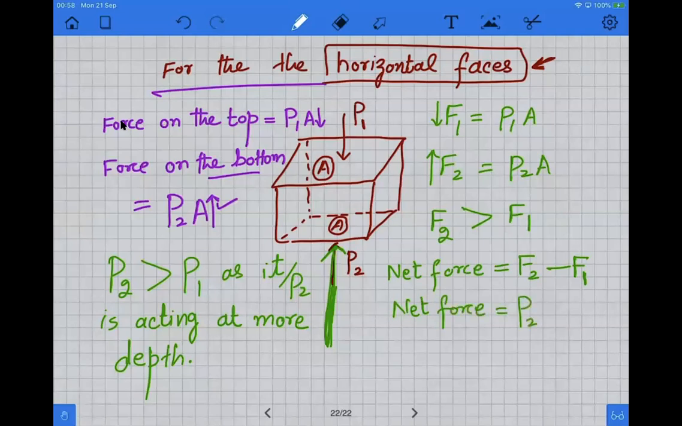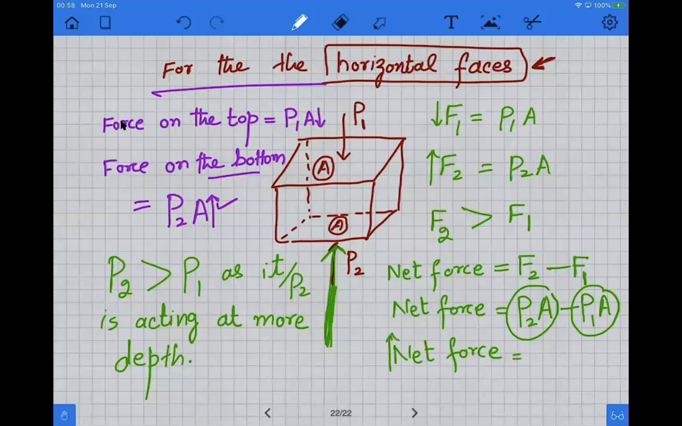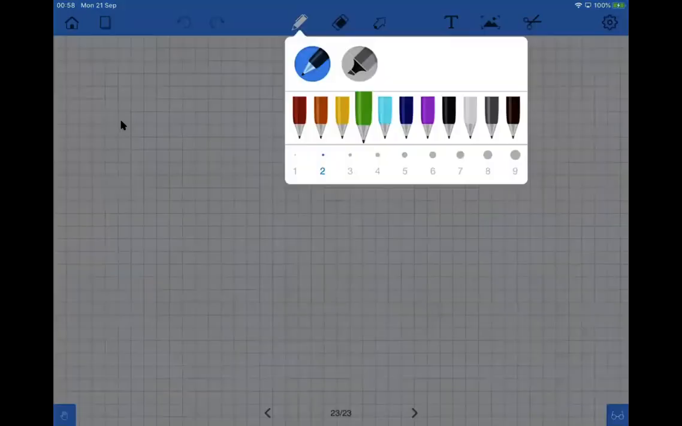Now if we substitute the values, the net force will be P2 times A, assuming that the area of the object is uniform. P2A is the force on the bottom, P1A is the force on the top, and if we take A common, the net force that is upwards will become (P2 minus P1) times the area. Now, if we consider the whole picture,